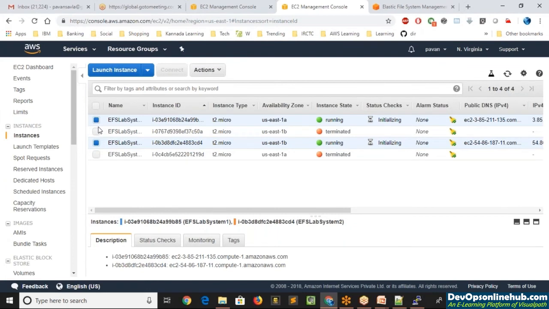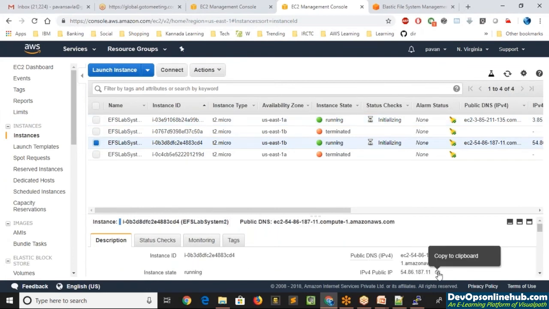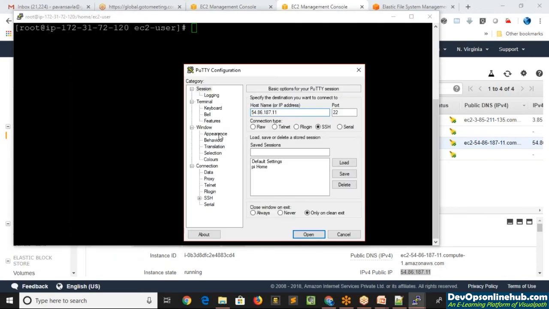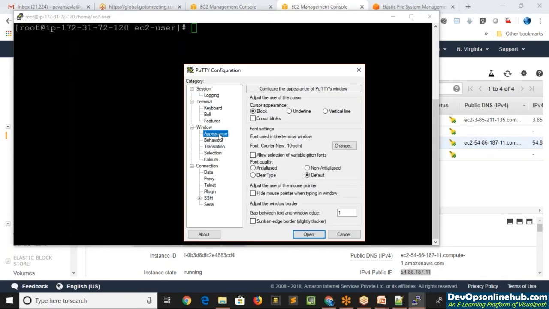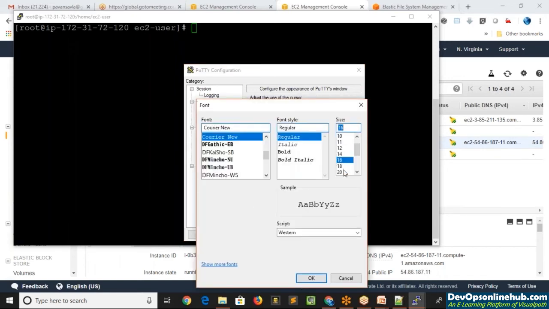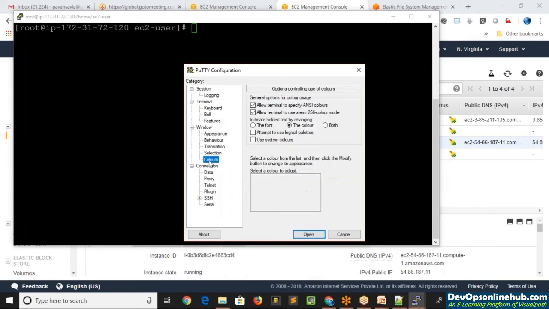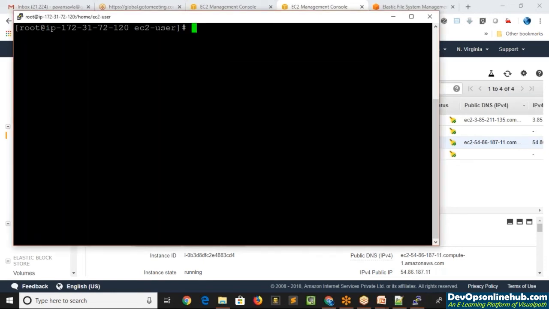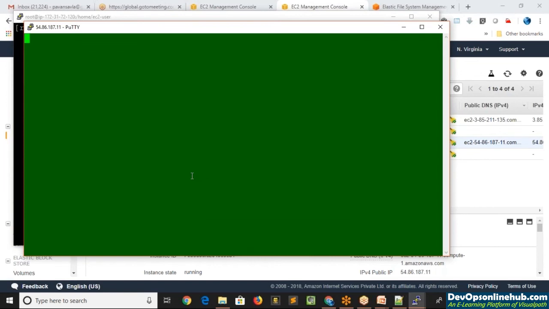I'll open up a new PuTTY console. First give the IP address, then in appearance just go ahead and change the font size. The way we get the option to change the font size, we can also change the color. You can click on Colors on the left hand side navigation bar, and in the default background I'm going to enable the green color for now. I'll set the green color to 100 and then say open. Now you can see my server opens up in a green color box.